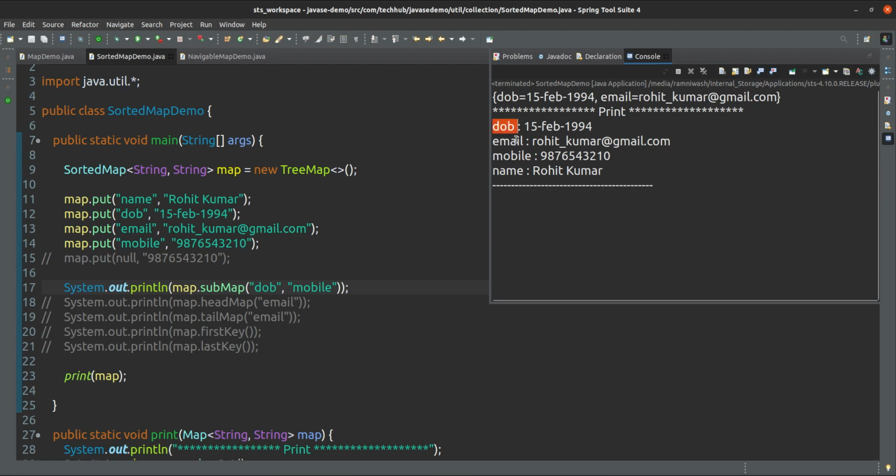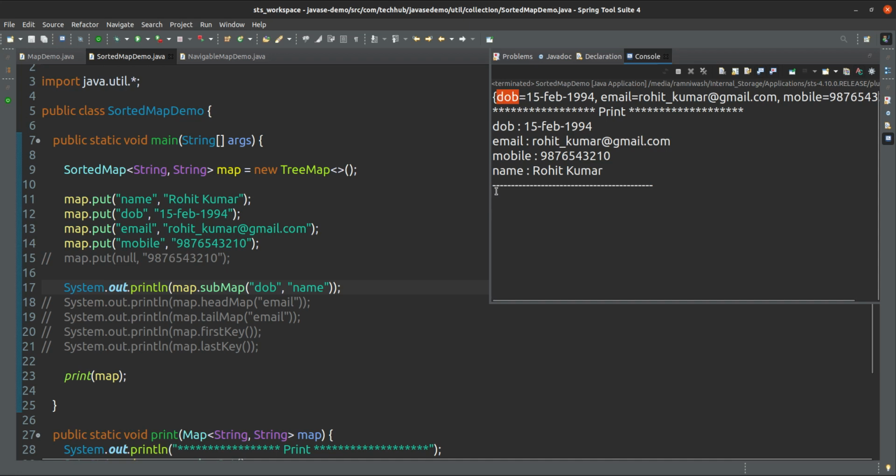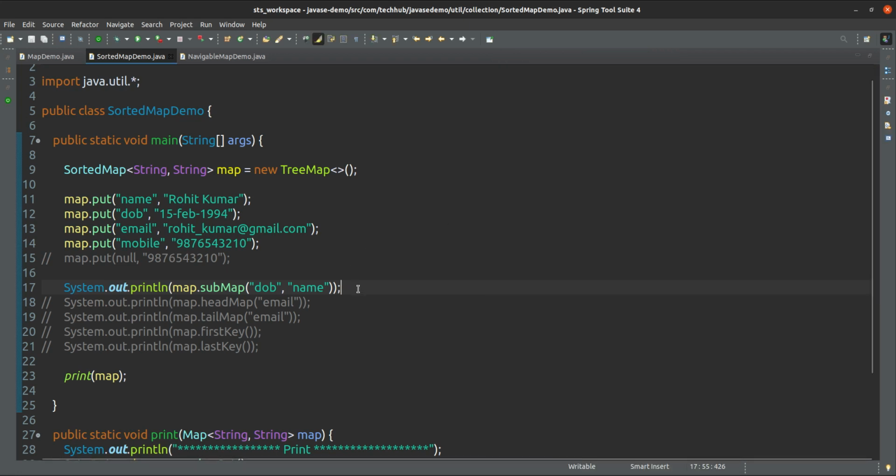From date of birth to email, two elements come. If you give name here, then three elements will come: date of birth, email and mobile number. Name it will exclude. So this is the meaning of subMap.